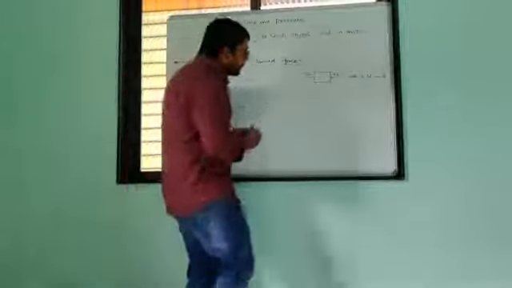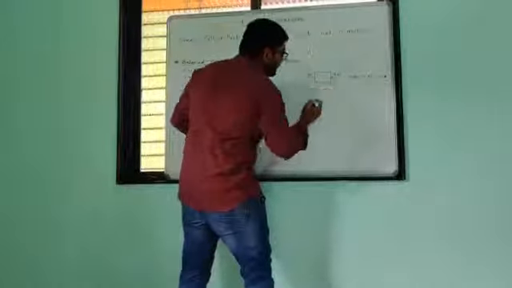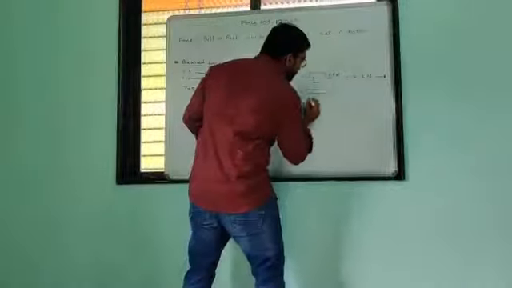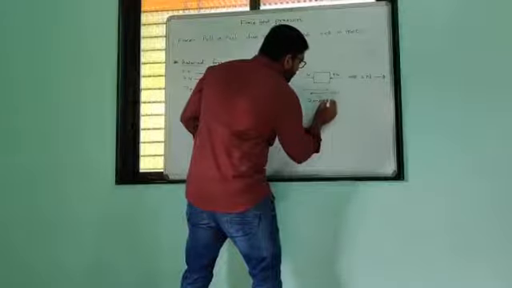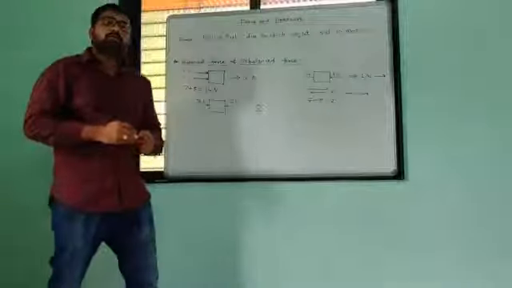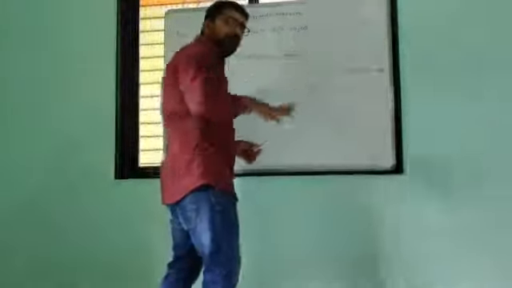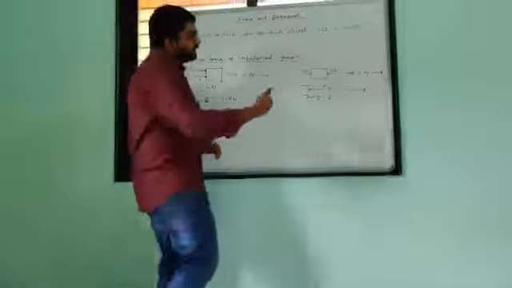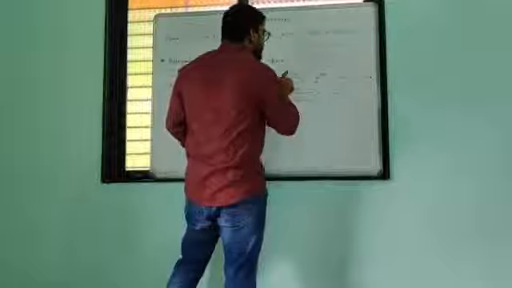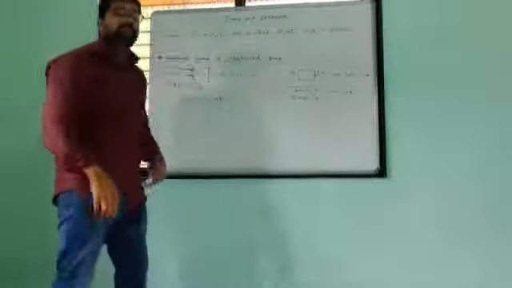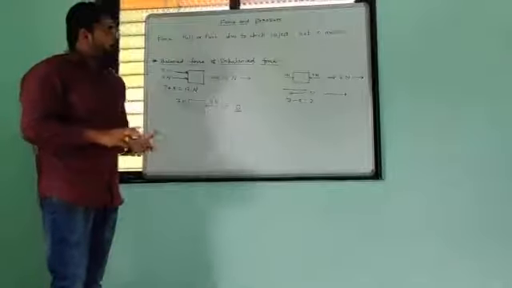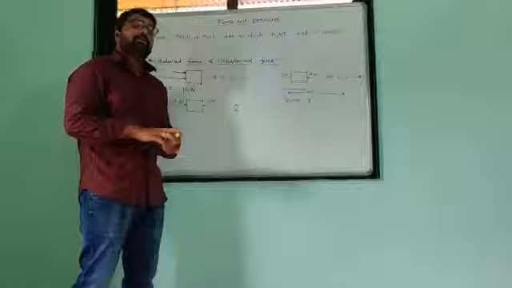So we know 7 Newton in this direction and 5 Newton in this direction. So their resultant will be 7 minus 5, which is 2, in this direction. So 2 Newton force will act in this forward direction. If 7 is applied in this direction, then that 2 will be applied in this direction and 5 will be applied in this direction. In this way, we can remember 3 things.